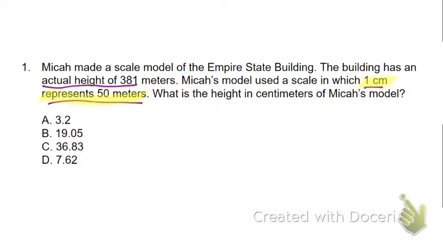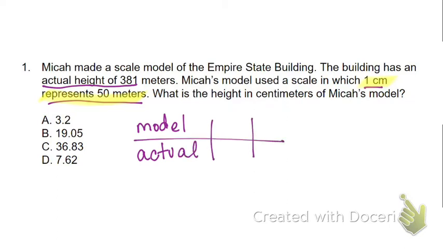So the two things I'm going to compare are the model height and the actual size. My given ratio is the first thing that I put. In any ratio table I ever use, if I have a given ratio, that's the first column. So in my model, 1 centimeter represents 50 meters of actual height. So now the building has an actual height of